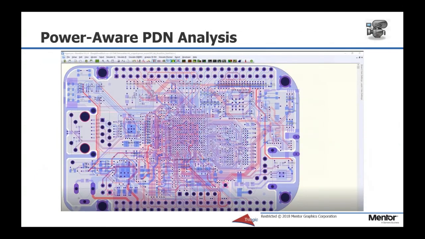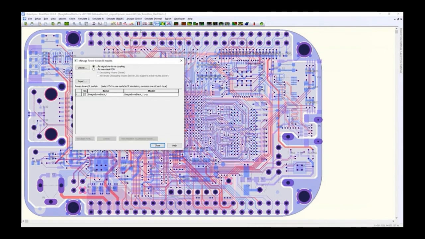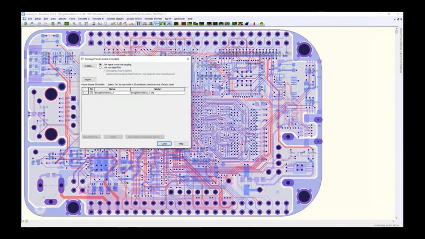Let's show a quick demonstration of this new capability in HyperLynx VX.2.4. You can increase the accuracy of signal integrity simulations by modeling the effects of non-ideal power distribution networks and signal-to-signal via coupling through the power distribution network with a power-aware SI interconnect model combined with power-aware IBIS models. Including these models in the simulation also helps to isolate noise coupling issues and better understand the source of noise